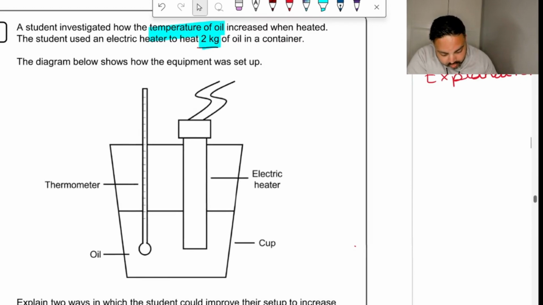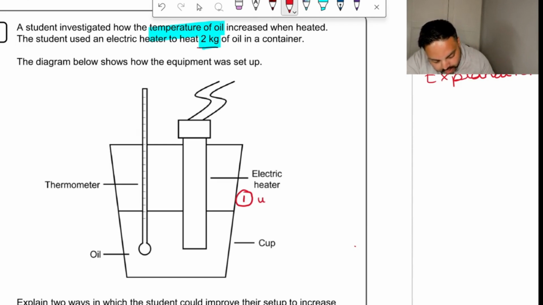Good, Callum. Someone's been doing practice questions. So, you're absolutely spot on. Number 1 is use insulation. And that is how you could reduce the amount of energy lost to the surroundings, and that's the explanation for it. The second thing you could do